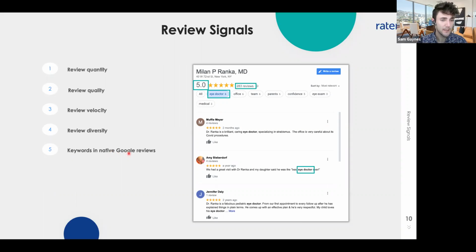Last one here is keywords in the native Google reviews. And the picture is the example of that. So got a great Google listing here. I clicked in and Google does some auto tagging here. So this is Dr. Ranka, a pediatric ophthalmologist, and there are 6 patient comments that mention the word eye doctor. So if I was a patient searching maybe pediatric eye doctor, Dr. Ranka's listing would likely show up because he's got 6 of these comments, and you can see where they bold that eye doctor